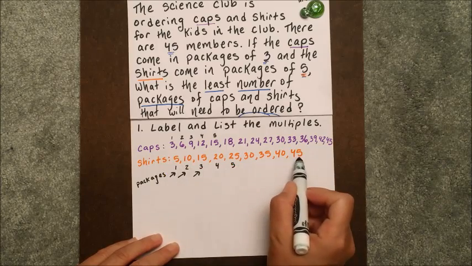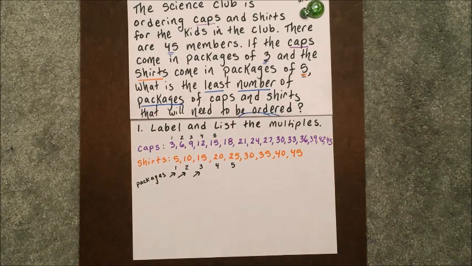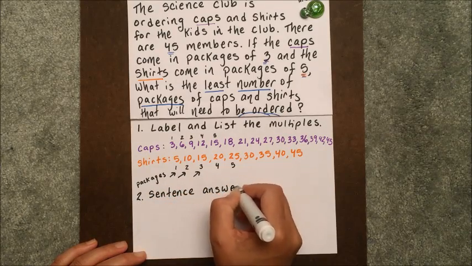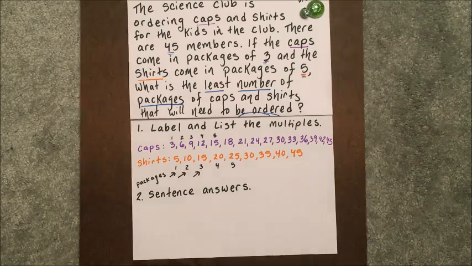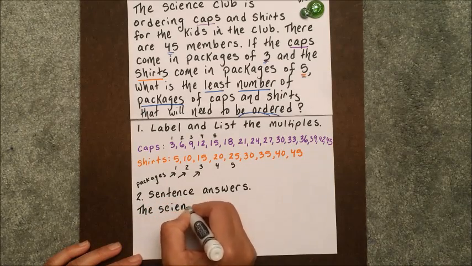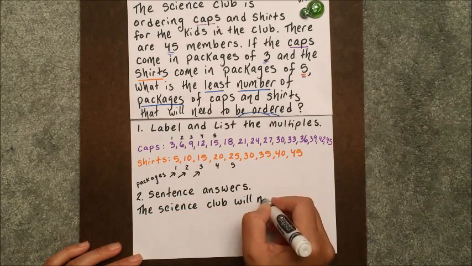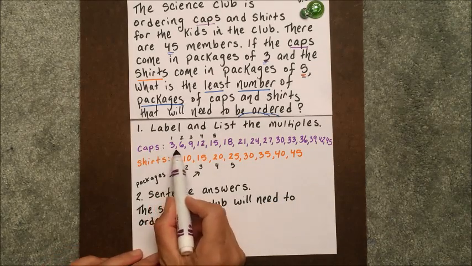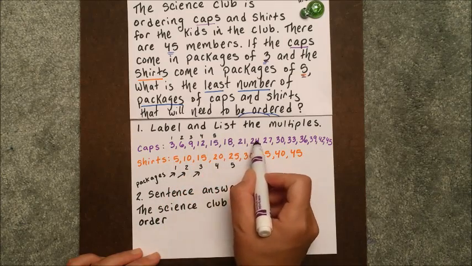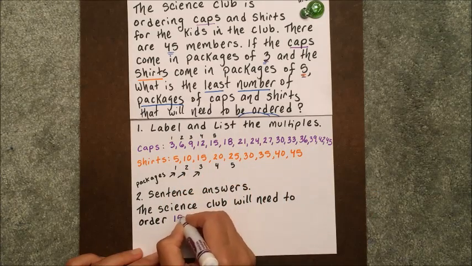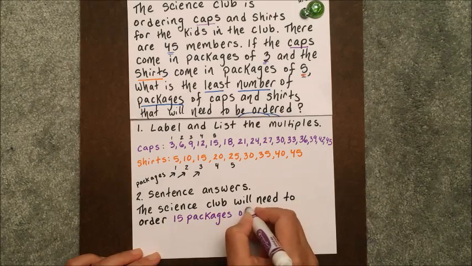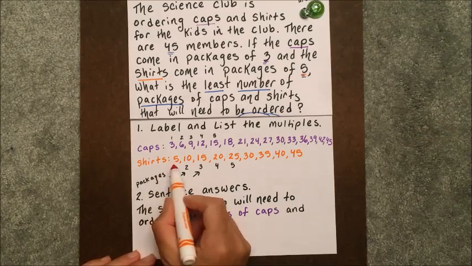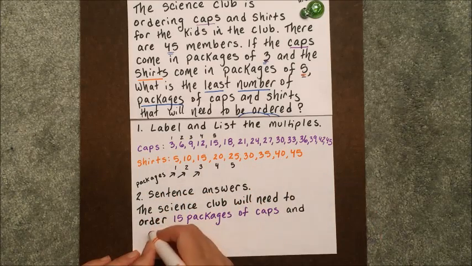All right, so after this, our second step is that we basically just need to answer it, but we need to put it into a sentence. So we would say that the science club will need to order, and the way we find this out is we're going to count up how many packages until we get to 45, and that would be 15 packages of caps. Then we count up how many packages of shirts we need to get to 45, and that would be